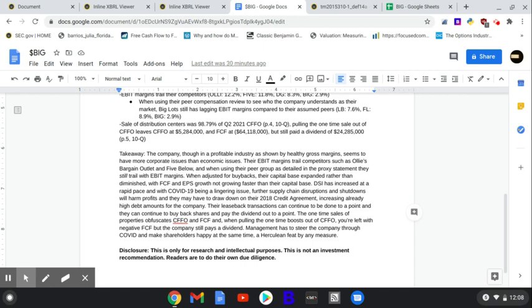But to be clear, if you were looking at this for a potential short idea, should you short it now? And my answer is no. And I'll say why. Because I think there's going to be a narrative switch in the market soon enough. If tech earnings tank, and the market finally admits, okay, we are in a recession, I think the story is going to switch from, okay, tech's not immune, but discount retailers are, because in these quote unquote hard economic times, people are going to want to shop at Big Lots, Five Below, Ollie's, Dollar General, Dollar Tree, Family Dollar, these cheap perceived value chains that offer customers more bang for their buck, seemingly,